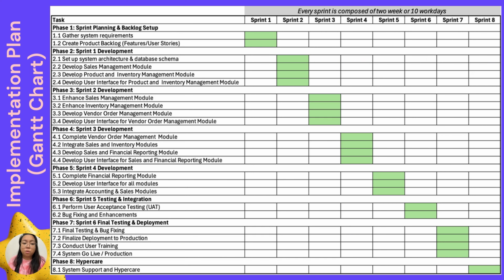Sprint 2, 3, 4, and 5 will be the testing and integration. This is where the UAT will be performed, also the bug fixing, whether there are any major bugs, but of course every sprint there is quality assurance in place. So sprint 5, with testing and integration, is more of getting the business transactions that were not considered during the previous phases.